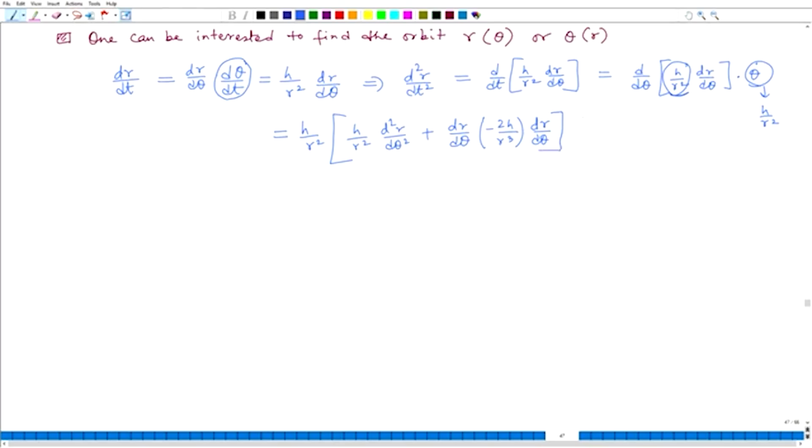Okay. So finally you will have something like this: h by R square d2r d theta 2, minus 2h by R cube dr d theta whole square. Okay. And so finally you can then write,